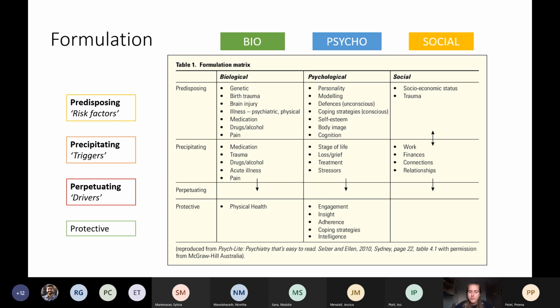So this is a formulation of factors to consider. In reality, I haven't really seen a psychiatrist sit down and make a formulation. I'm sure they do, but the patients I've come across have either been acutely in A&E, or in an acute mental health unit where they have a plan in action. The times that I've seen it being used is when there was a problem with, say, someone needed to